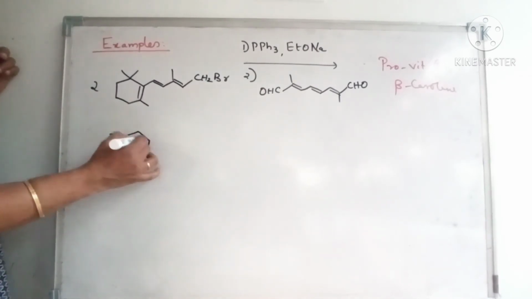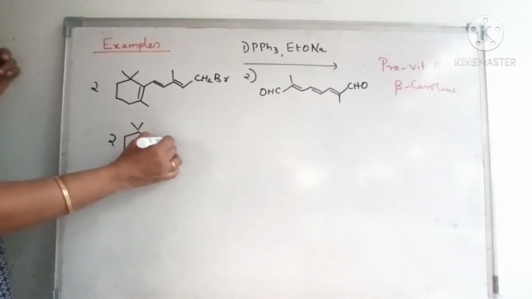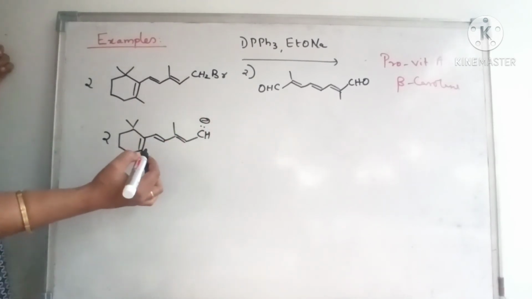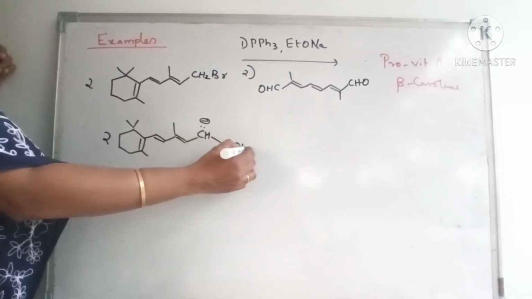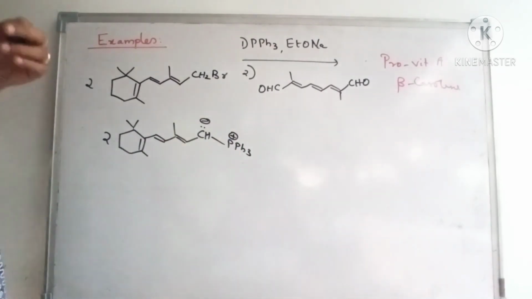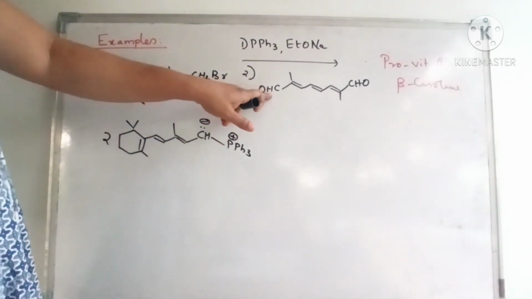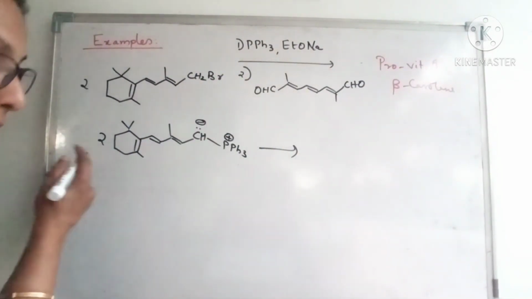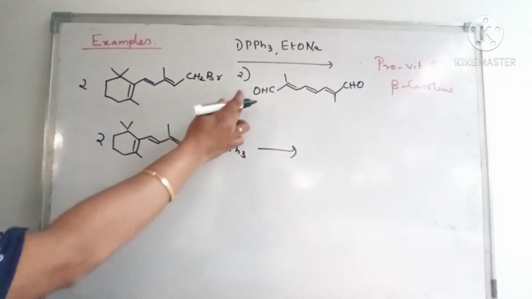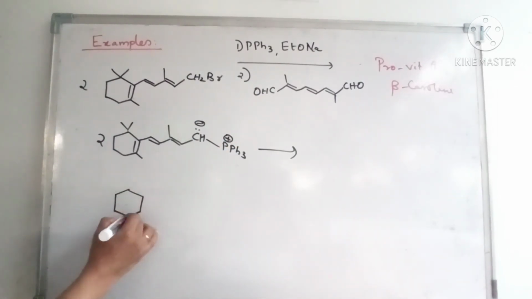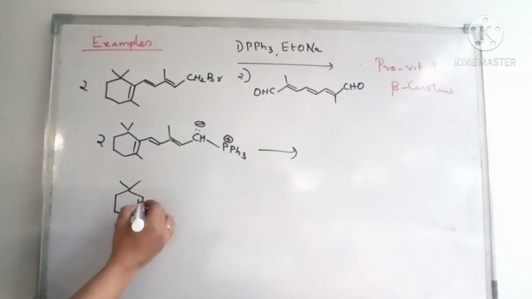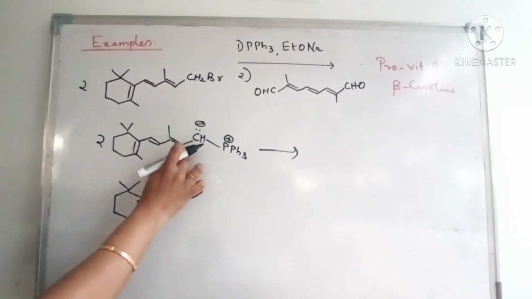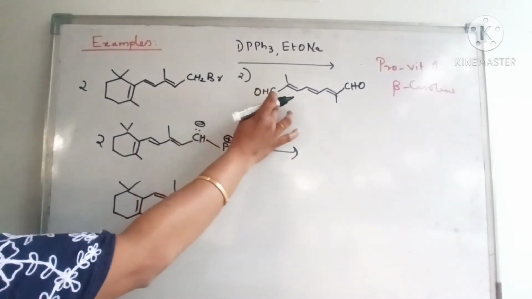So you can very well write two more. It's very easy to write, just practice a few times. Here CH minus, then PPh3 plus. Now what will happen? This will be reacting at this side, and the second molecule will be reacting at this side. So how will we write that one? Begin from this side, one molecule like this, double bond, again double bond here. This CH double bond over here.